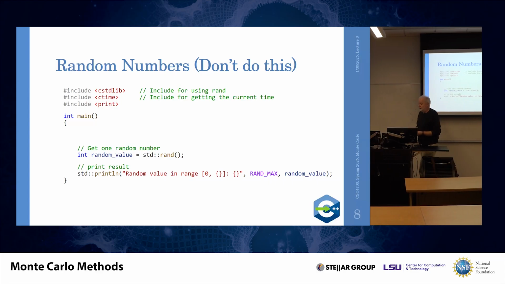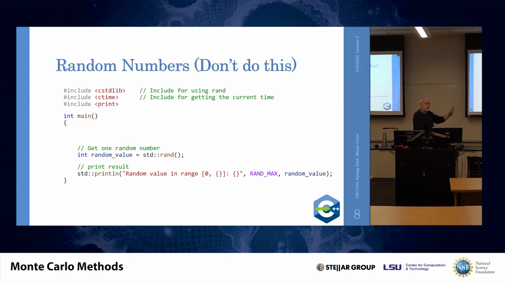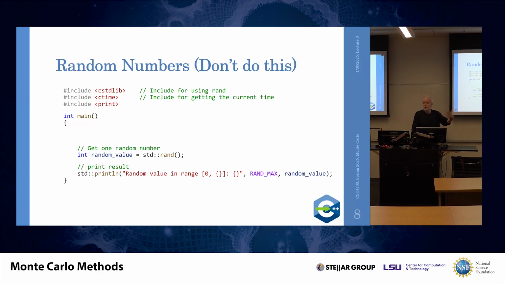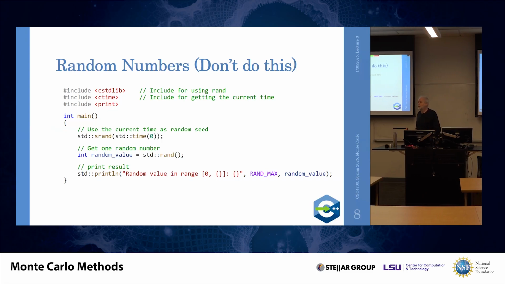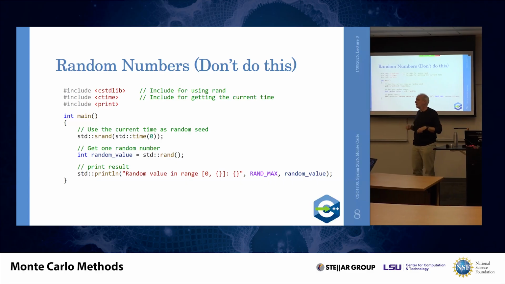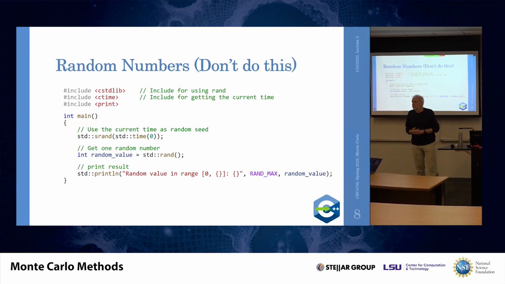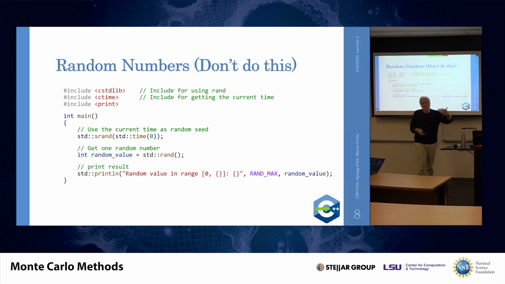For that, these random number generators have what's called a seed. So you seed them with some number using the function srand. Just to seed it with some randomness, you seed it with the current time. You say, okay, the current time is my seed, and the random number generator will generate different sequences depending on